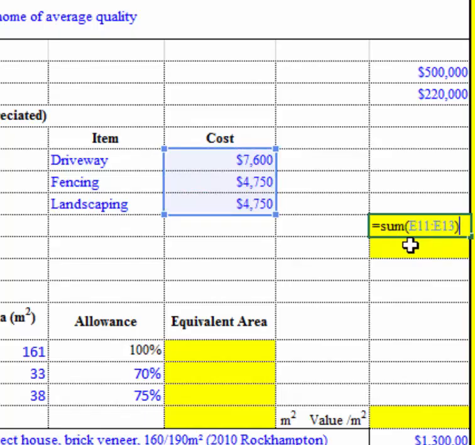That will give us the sum of those things. And so we have 17,100. You can check that on a financial calculator or any calculator for these calculations, and you'll notice the yellow highlight is gone. Now I want to find out what is left after our sale price after we take off the land value